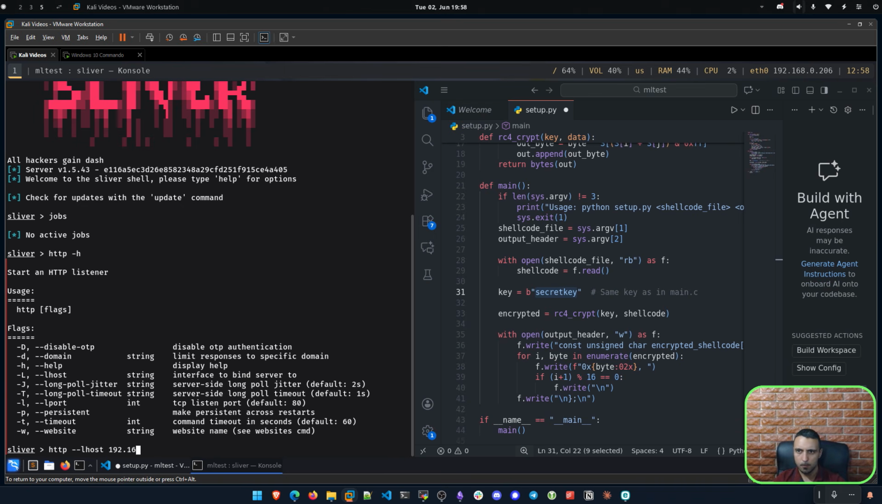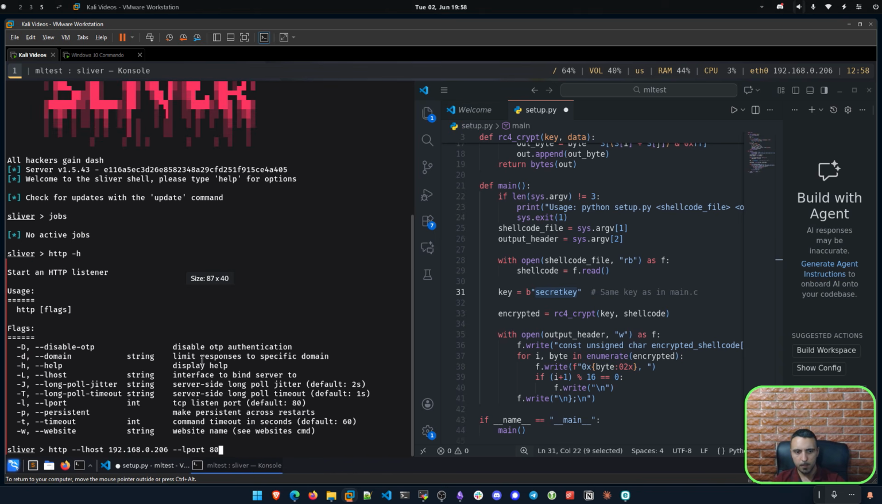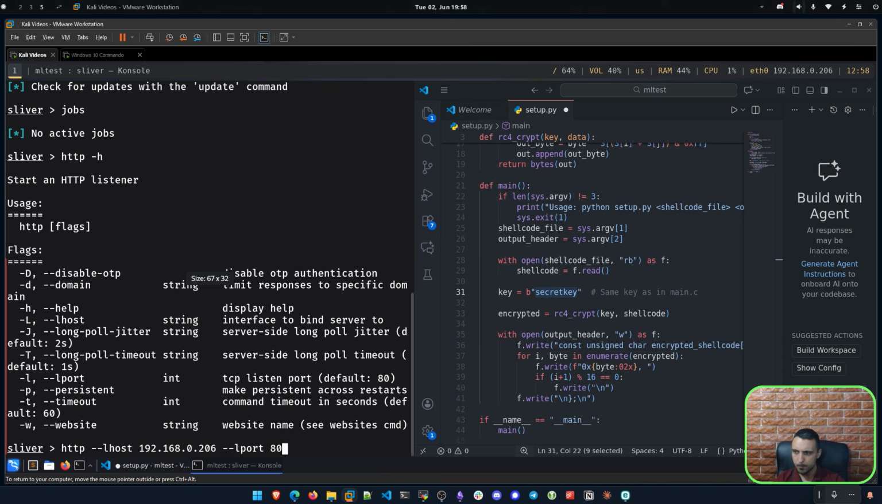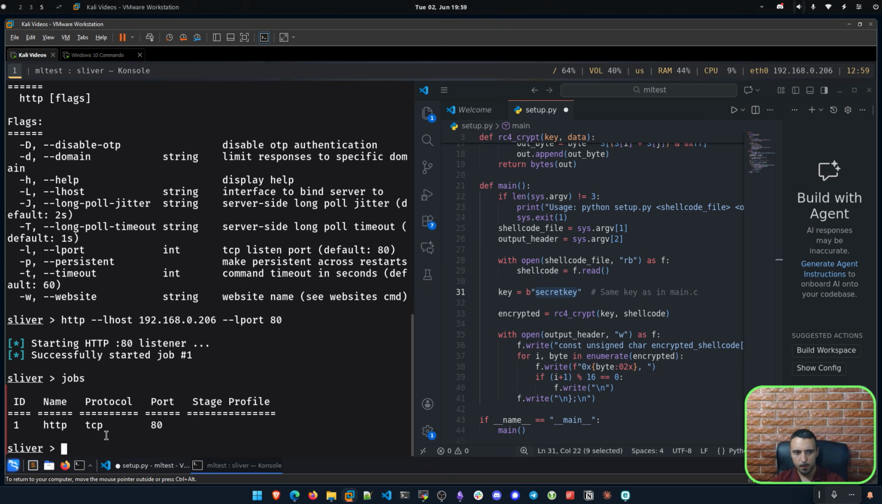-lhost 192.168.0.206 -lport. Let's make it 80 if it's not occupied. No, it's not. So with that we can do 80. I can also make the screen bigger for you guys. Do we need to specify something else? No, I don't think so. So run that. And now if we do jobs, now we can see that we have the listener ready and